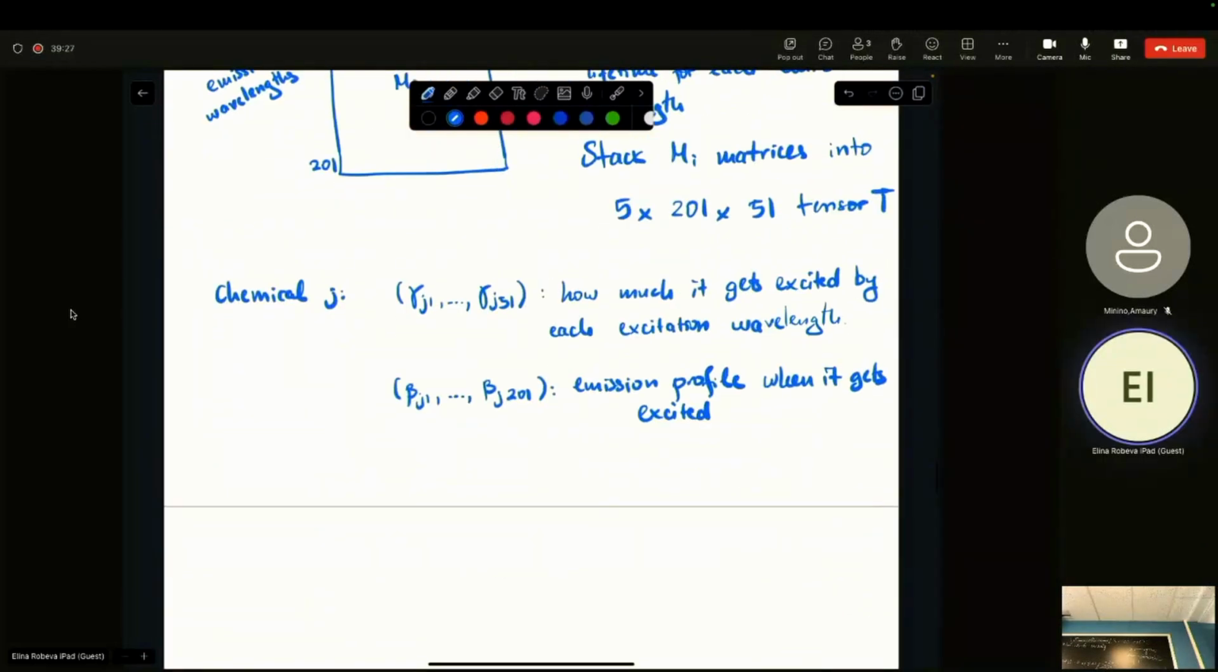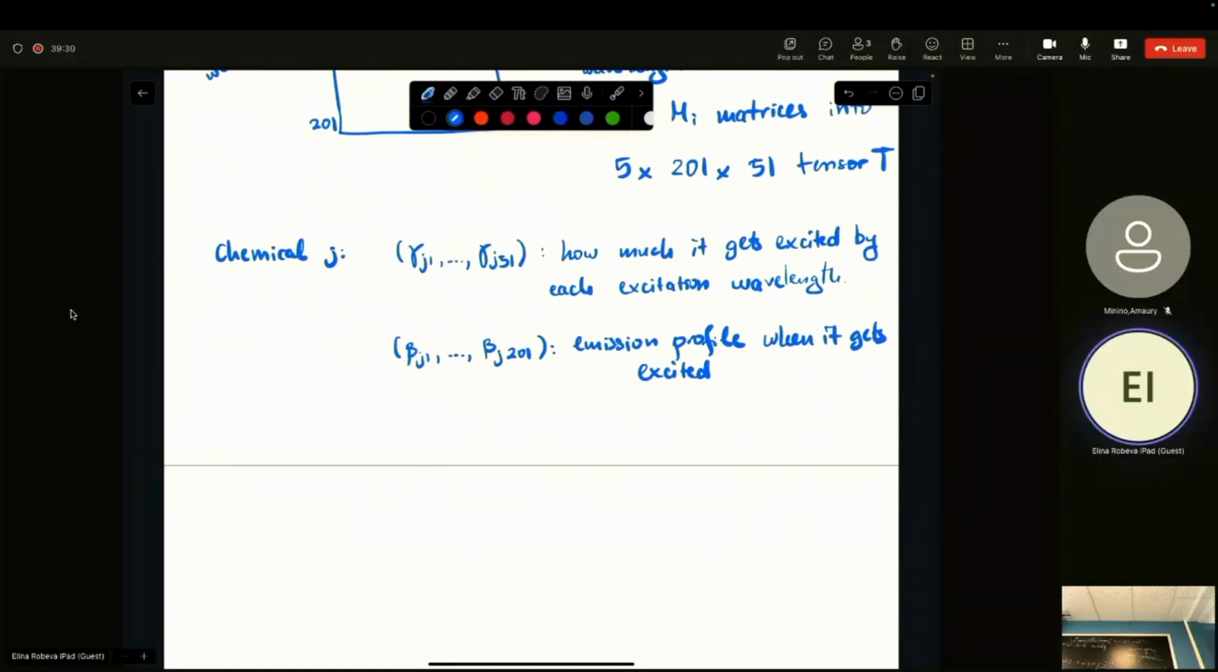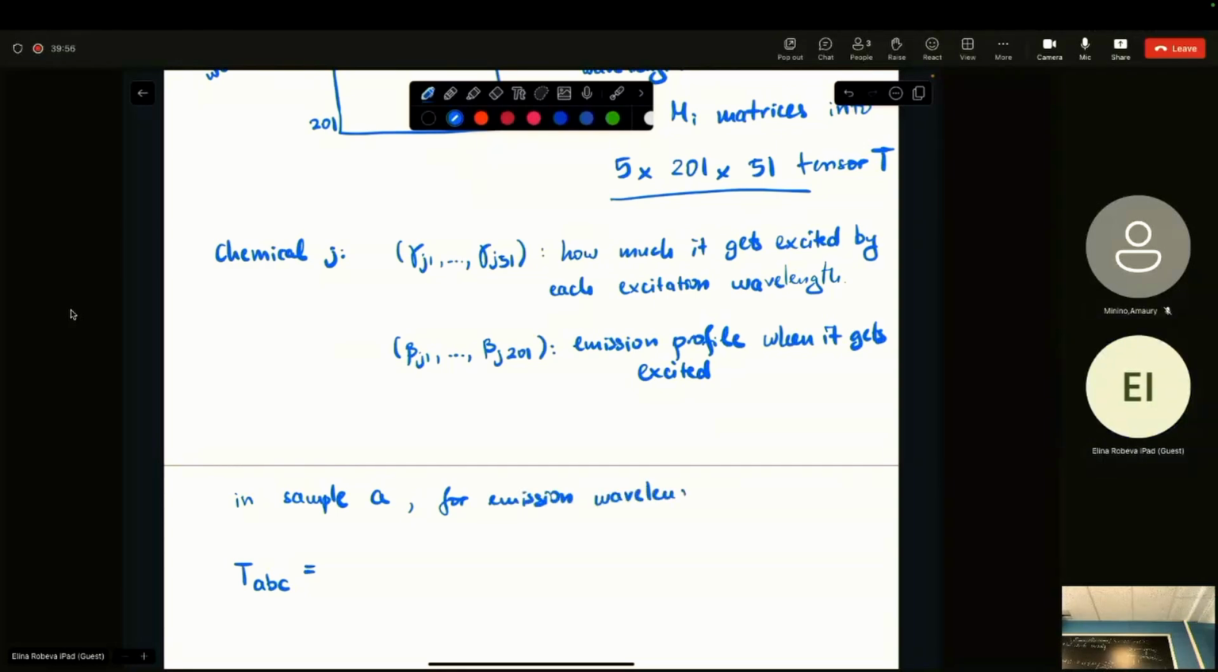Okay, and so now I claim. So I'm going to look at an entry from my tensor T, which was this here. So T, A, B, C, that's an entry. So this is in sample A. So there were 5 samples. For emission wavelength B, and excitation wavelength C. Okay, so TABC